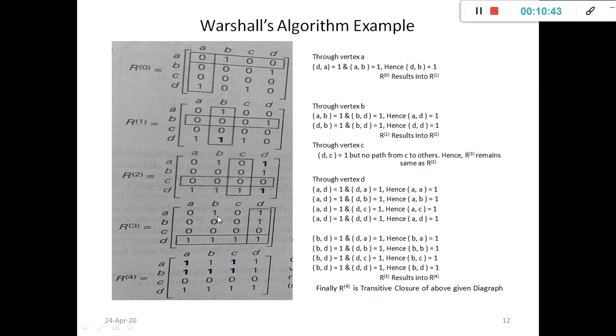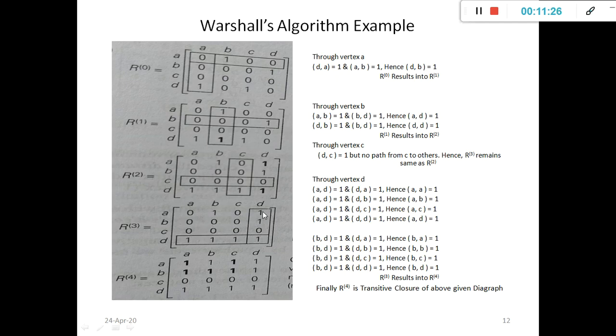Now check the possible paths from the vertex D, or through the vertex D. Through the vertex D and from the resultant matrix R3, it's clear that there is a path from A to D. Now you have to find out all the possible paths through vertex D. Then consider the fourth column and fourth row. Only consider these values and don't consider the remaining values, those not in your rectangle.